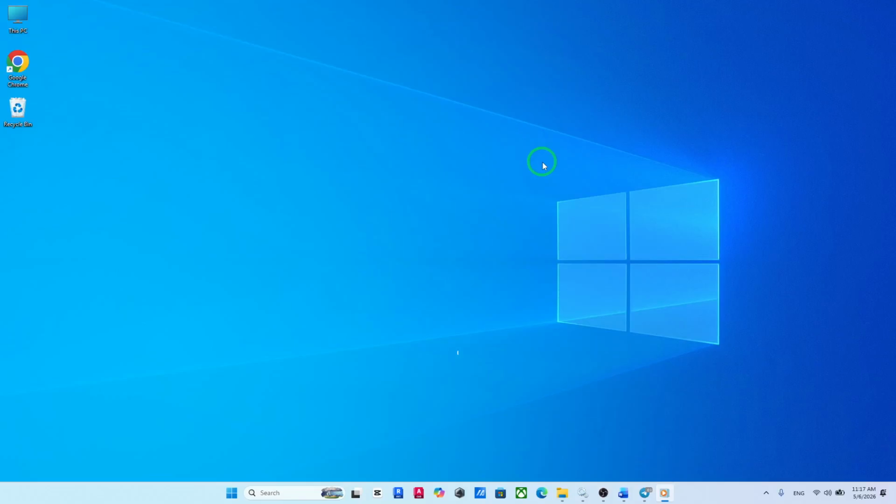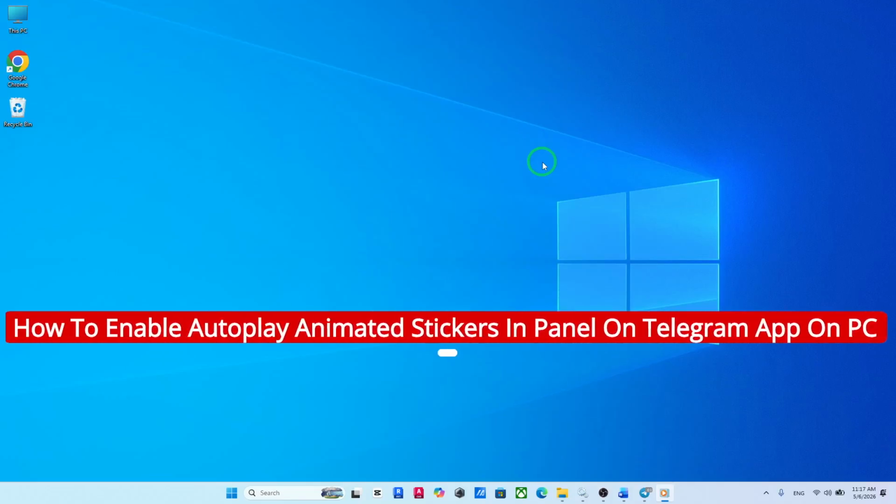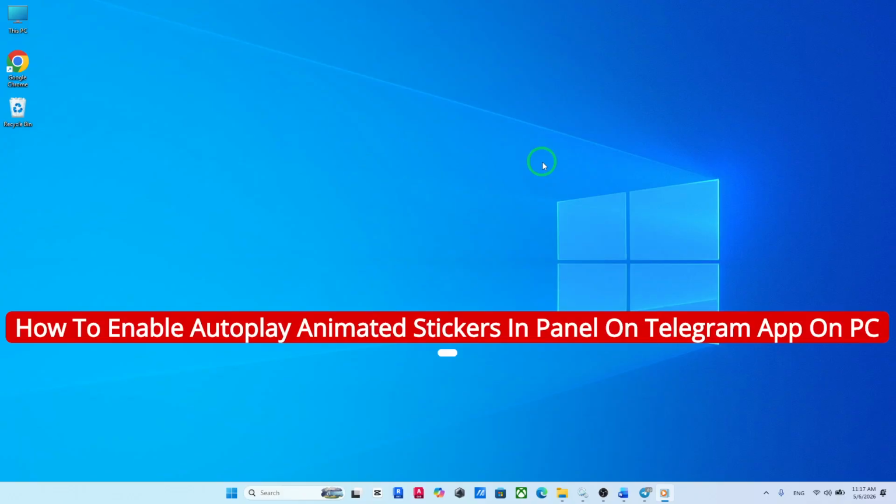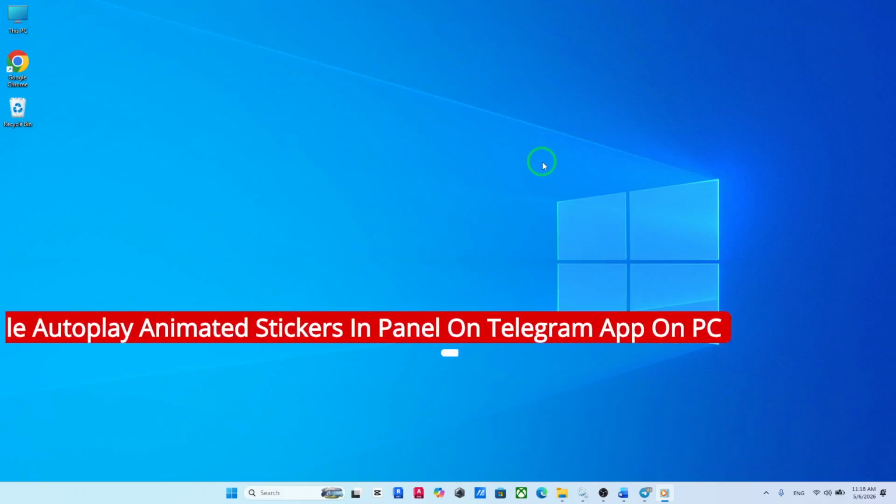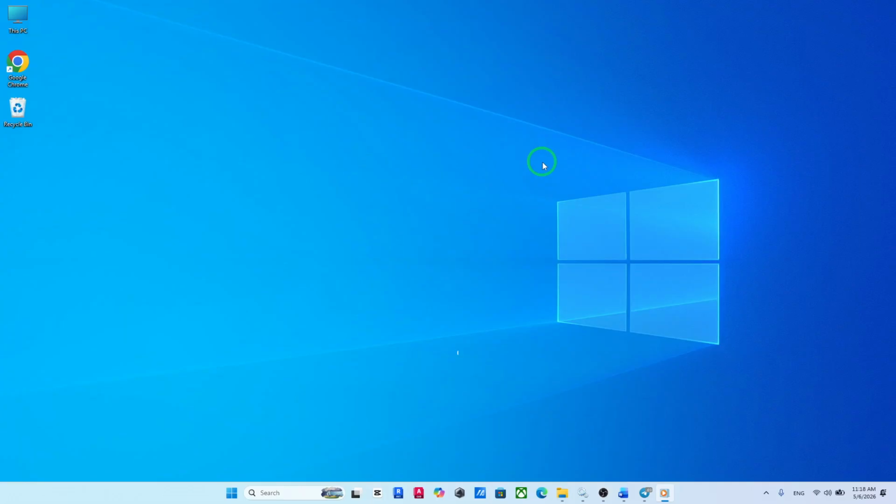Welcome! If you've noticed that your animated stickers aren't playing automatically in Telegram on your PC, you're not alone. With the latest update, some animation settings have changed, but the good news is it only takes a few clicks to turn everything back on and enjoy those lively stickers again. Let's walk through it step by step so you can enable autoplay for animated stickers in the panel without any